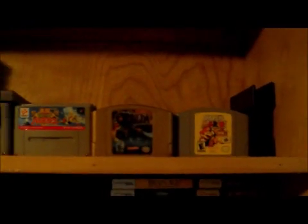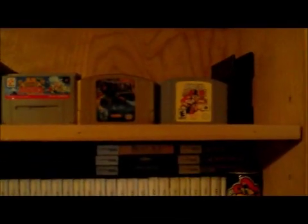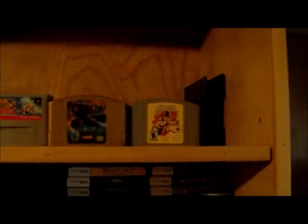And up here we have my Super Nintendo games. They're too deep, so it doesn't look like I have many, but there's two behind there too. And then there's my Super Famicom games, and my N64 ones on the side here. And also I have my Game Genie for Super Nintendo here